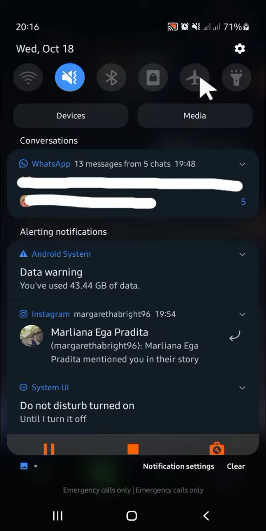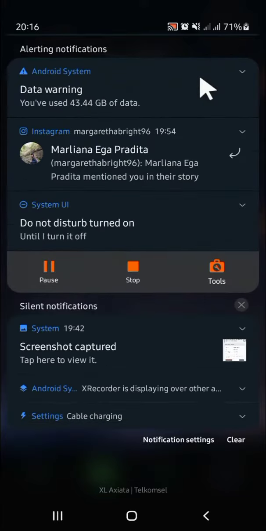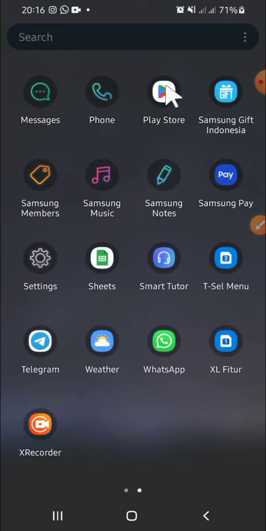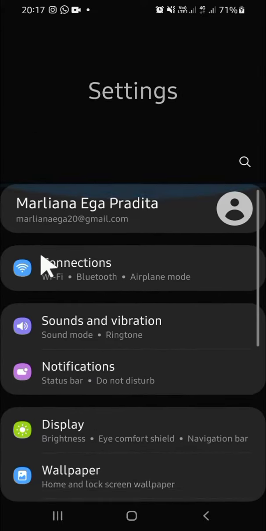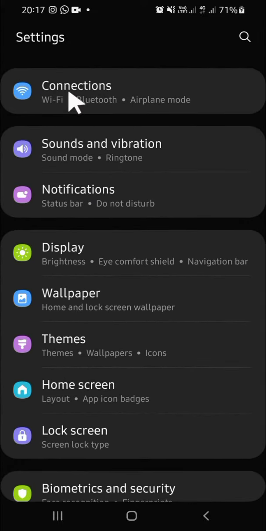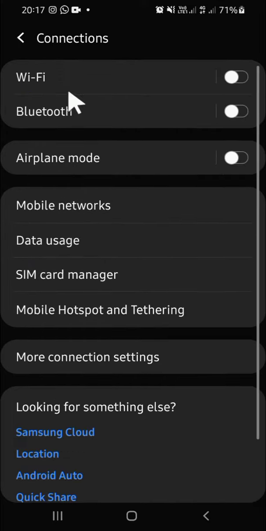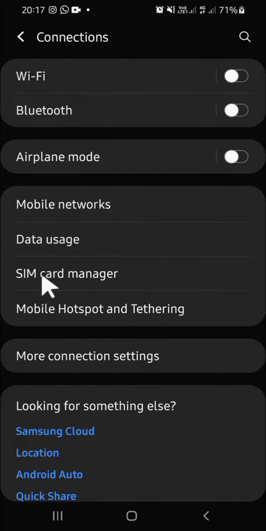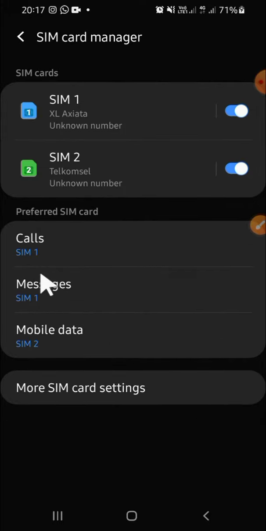Alright, and actually there is another way to boost the signal on Android mobile phone. We can go to settings app on our phone, and this is the settings app. Just tap on it. Then there will be several options for us, and we have to choose connection, guys. Just click on the connections, then click on SIM card manager. It's right here. Just tap on it, and you can choose the SIM card that you want to boost the